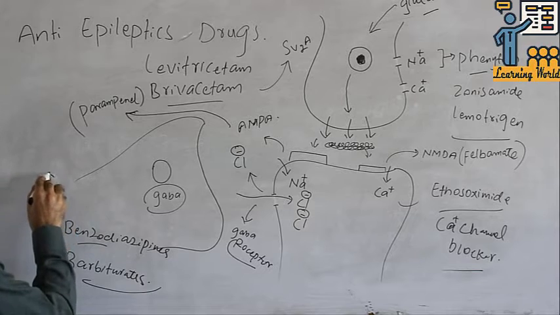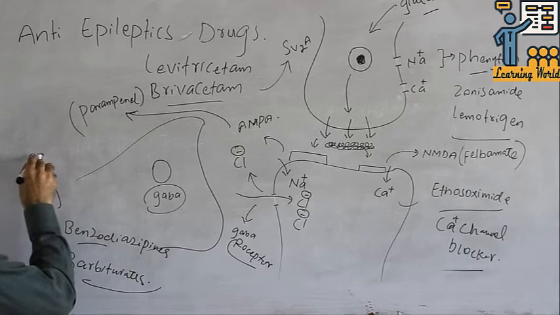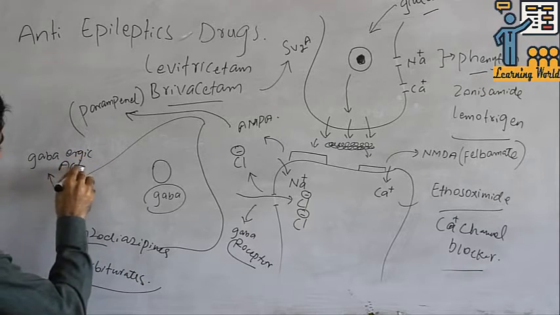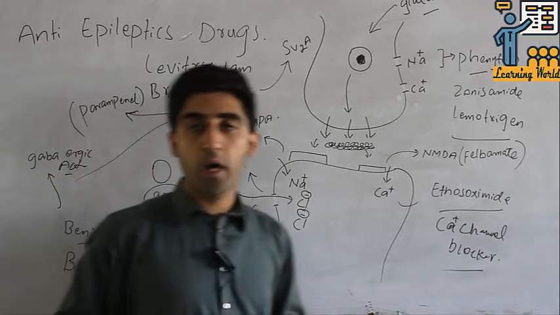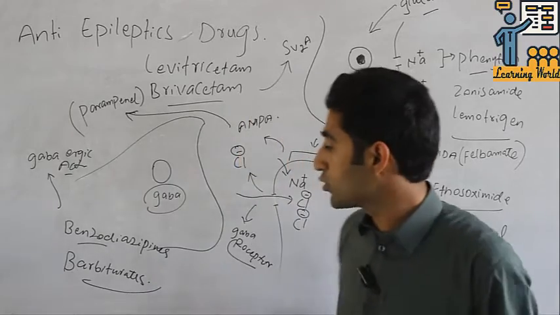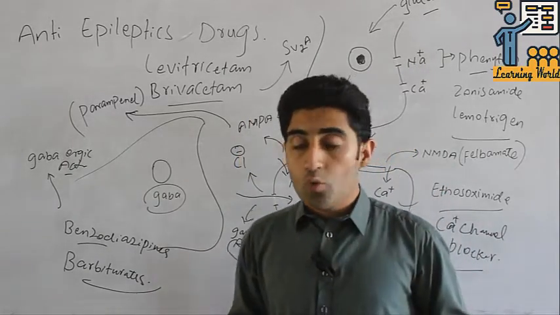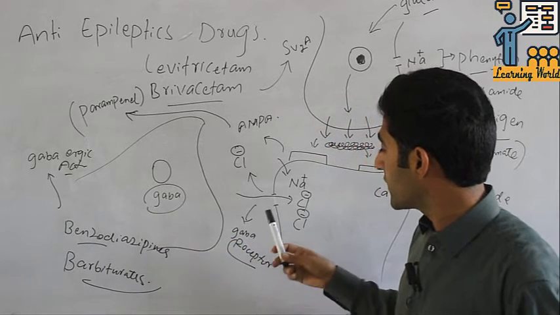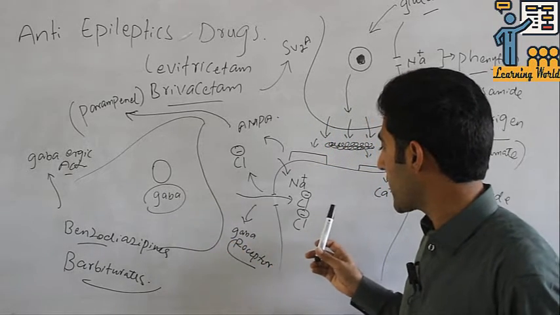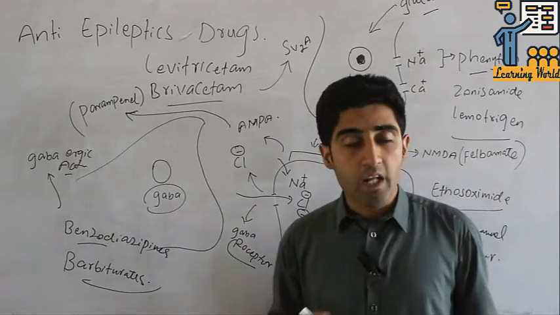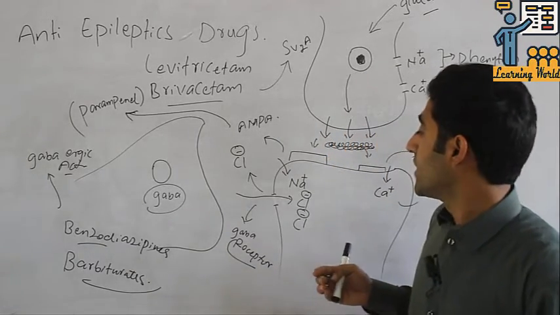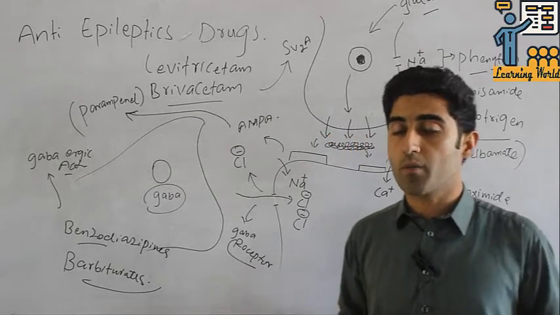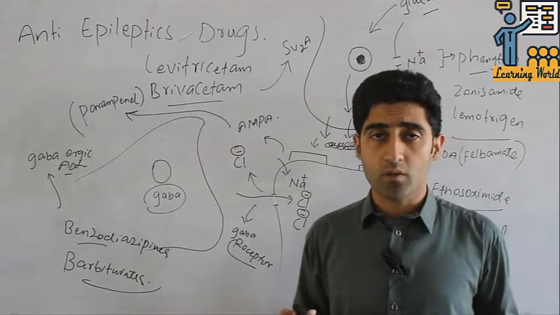Barbiturates like phenobarbital are also used to increase the GABAergic activity. When we increase the GABAergic activity, the GABA neurotransmitter will act on this receptor. They will increase the chloride ion inside the postsynaptic membrane, and they will cause the hyperpolarization. And when they cause the hyperpolarization, the patient will be relieved from seizure, from jerky movement, and from the symptoms of epilepsy.